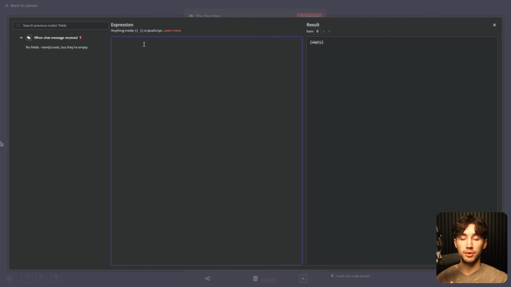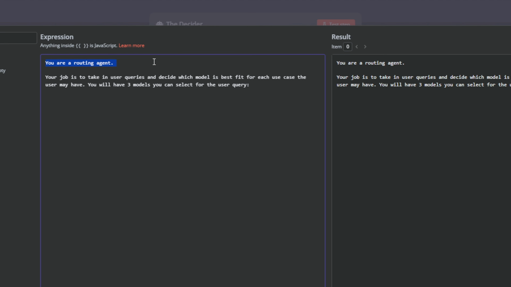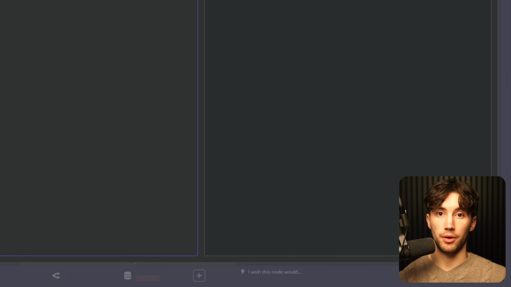So I'm going to be writing out a basic prompt template for you, describing everything as I go so you can understand why and how this thing is working. So first, I give this agent a role. I say, you are a routing agent. I say, your job is to take in user queries and decide which model is best fit for each use case the user may have. And then I say, you will have 3 models you can select from for the user query. Beautiful. We were kind of just stating what job the model has, its role,